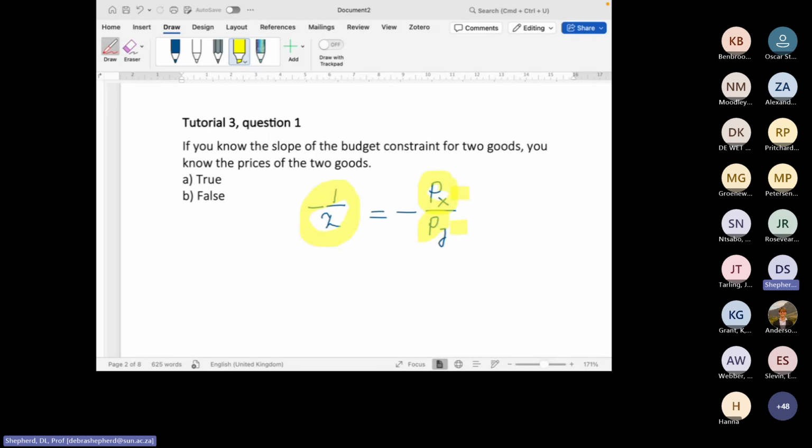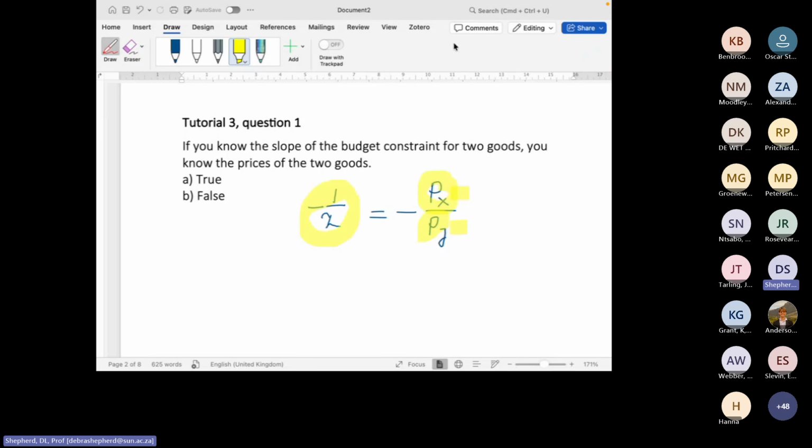The size of the slope doesn't give us enough to be able to extract the individual prices. Okay, so when you're doing true and false questions, always think in that way. Always think, is this necessarily true all of the time? Is there any case or example or way in which I can reason that this statement cannot possibly be true? Okay, so that's the reason I wanted to show you this question, just to again remind you how to approach